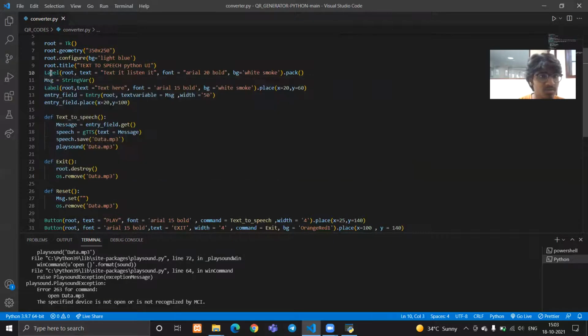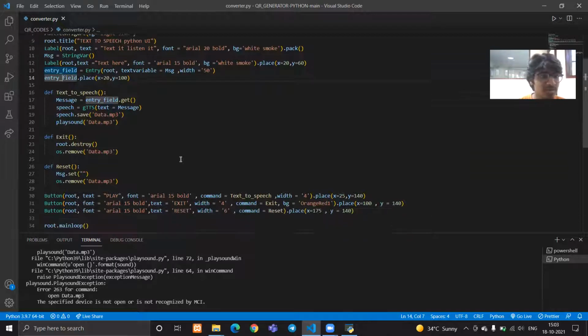Then we have also given a label. You can see here. So the main part is here, the entry field, this variable. From this Entry method, we are getting the text which is written in the text field, and then we are putting that in our entry field. So as soon as we write the text, that will be stored in our entry field. And we have also configured its dimensions here, x and y axis, that is 20 and 100. So this was all about our configuration.